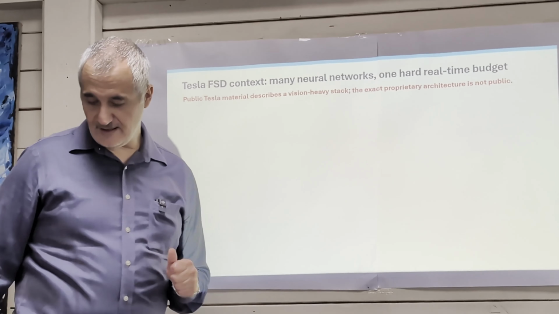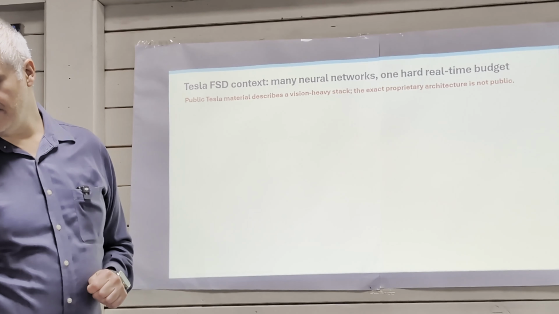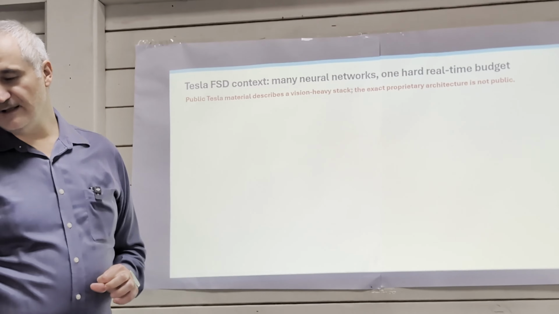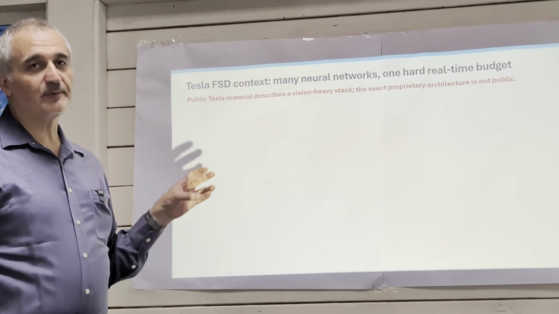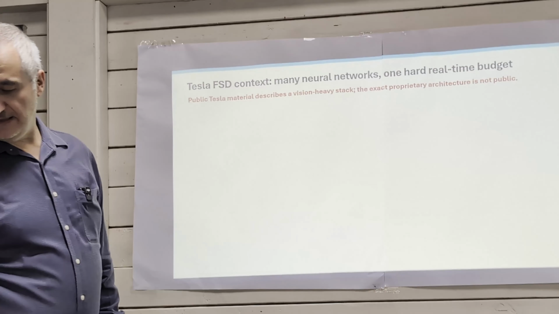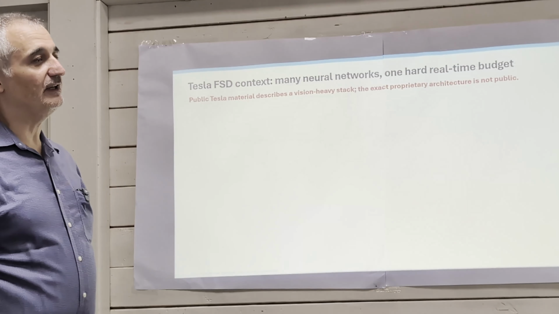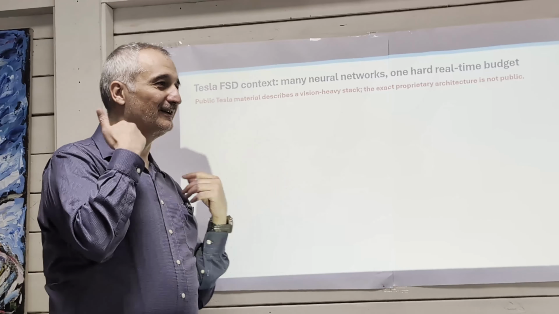So how does it relate to the Tesla Full Self-Driving? The Tesla system is not a proprietary architecture that we can see, so we don't know exactly what's in it. But it's very vision heavy. Elon Musk doesn't want to use LiDARs, for good reason, because they can interfere. If all the cars have LiDARs, they will be blinding each other, whereas we're not blinding each other by just looking at each other, right? So vision doesn't work that way.